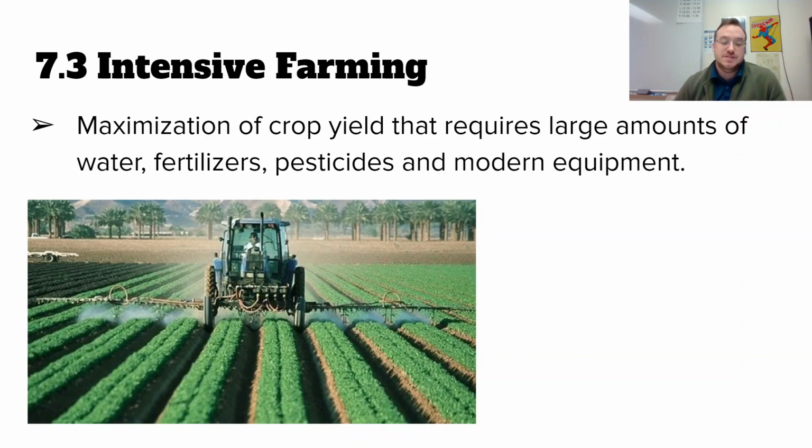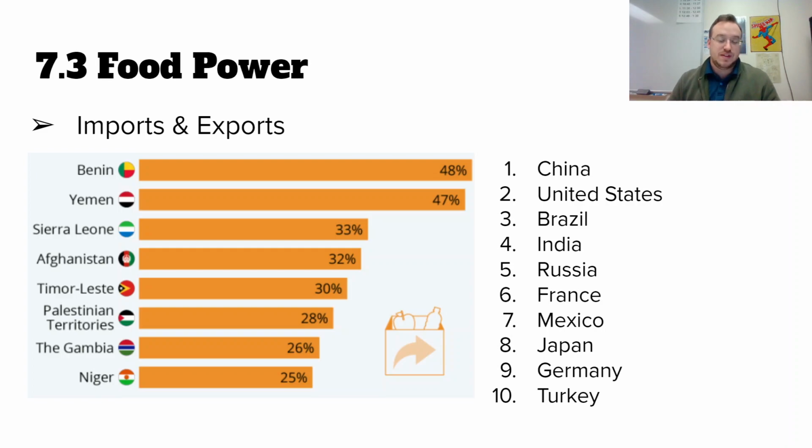Extensive farming is the opposite of this, and we're going to talk more about that a little bit later in the unit. All right. As we think about feeding the actual globe and not just the local port, it is important to think about where food comes from on a global scale. On the side with this colorful graph here, we have a graph of the top 10 food importers. So these are countries that mainly rely on or have a portion of their foods being imported, brought into the